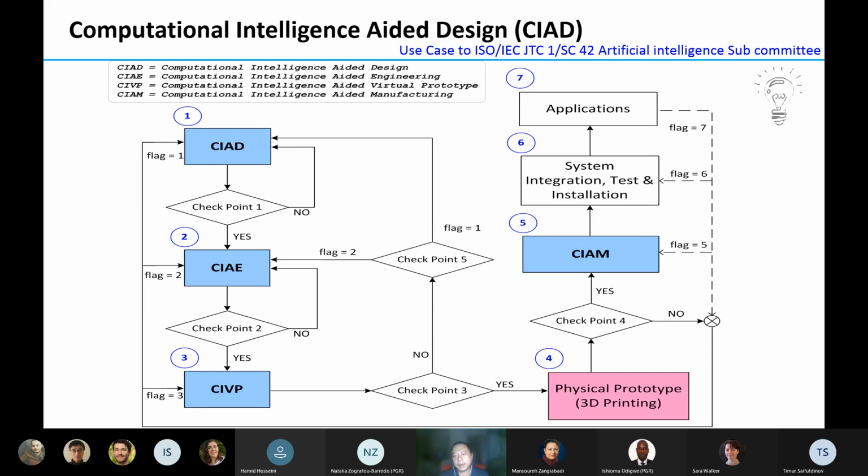AM means manufacturing, so AI-supported manufacturing. Then move on to number 6, system integration, test and installation, and then number 7, applications to the end user. This framework has been submitted to the ISO Artificial Intelligence Subcommittee as a use case.